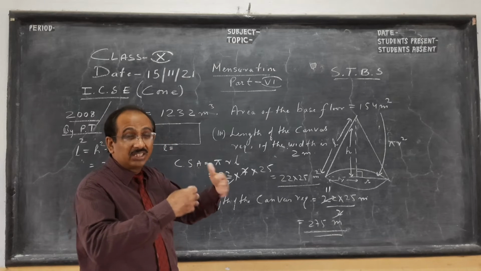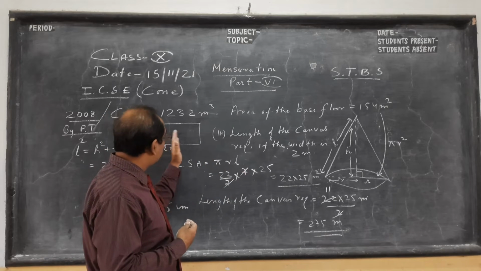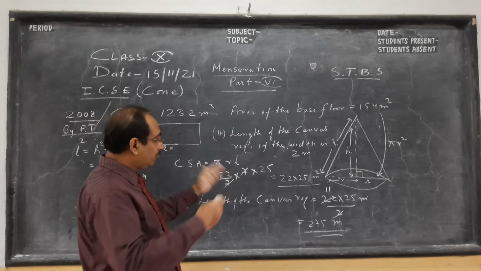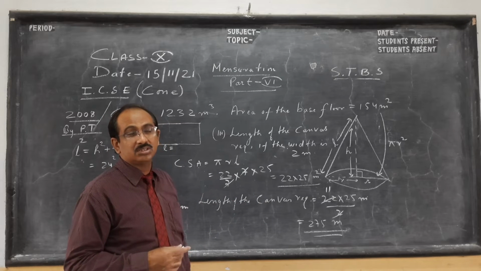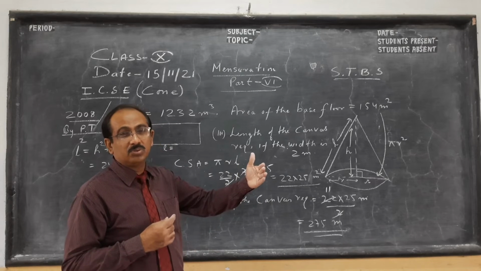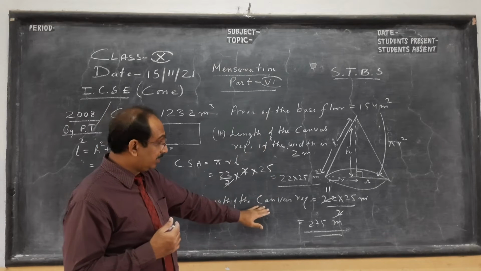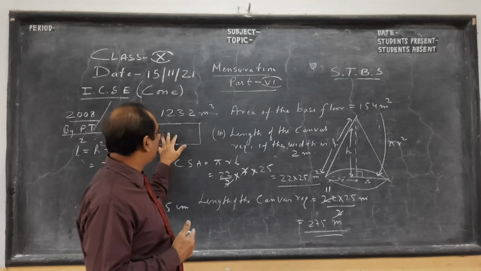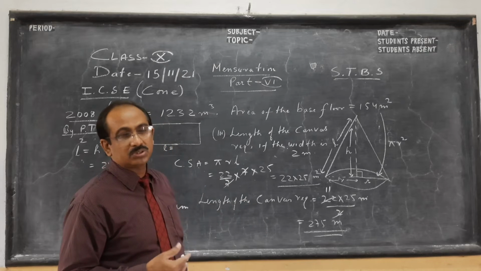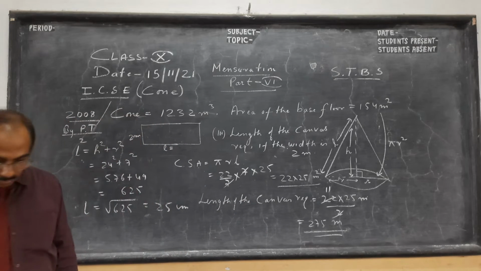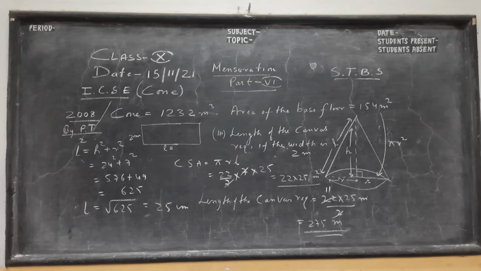So the roll is there. You will go to a hardware shop. These are in rolls. You cannot have 275 meters, it is a huge distance. In school you will have a 100 meter race. So 275 meters will be in rolls of canvas. So the length is 275. Kindly pause the video and copy. Then we'll go to another question.